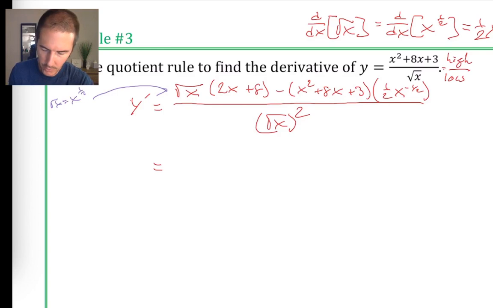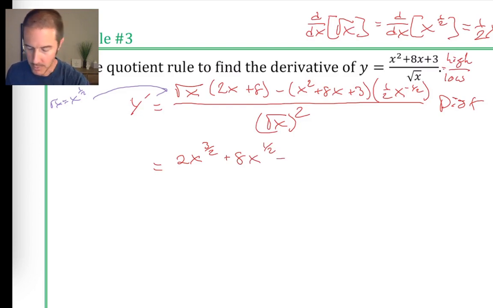That way, when we start distributing, we get, in the numerator, 2 times x to the 3/2. This is x to the 2/2, and this is x to the 1/2, and when you add those together, you get 3/2, plus 8 times x to the 1/2,